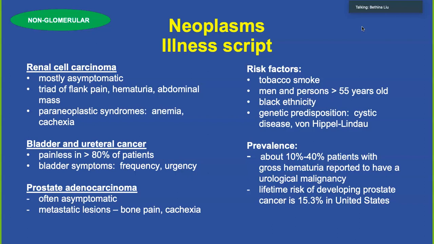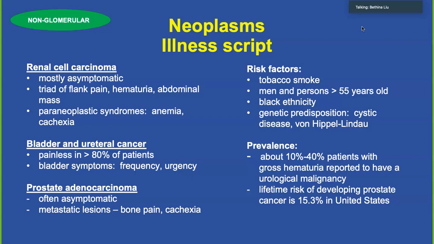With bladder cancer, it is also commonly painless in most patients, but you may have urinary frequency and urgency. And with prostate cancer, it is also often asymptomatic, but you may have symptoms related to metastatic lesions such as bone pain. Risk factors for these